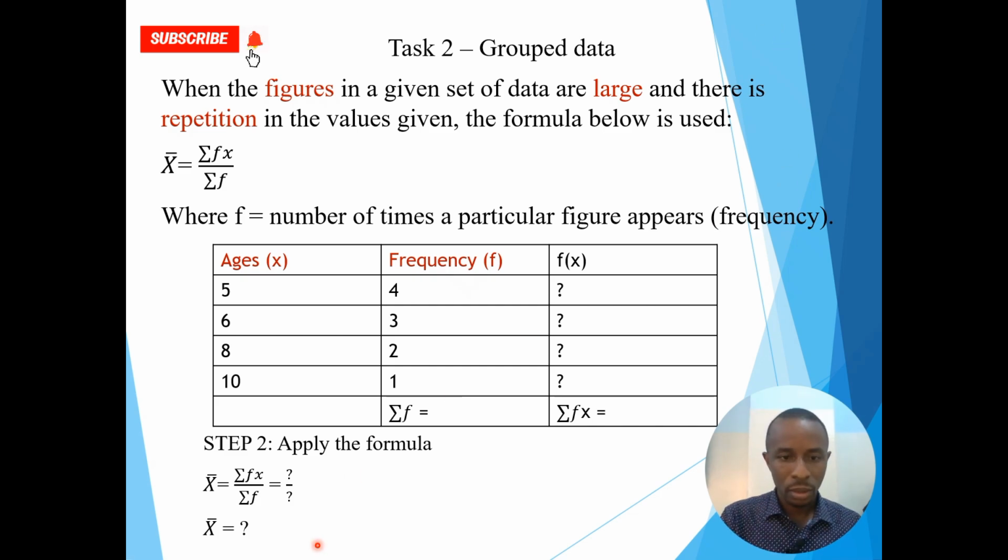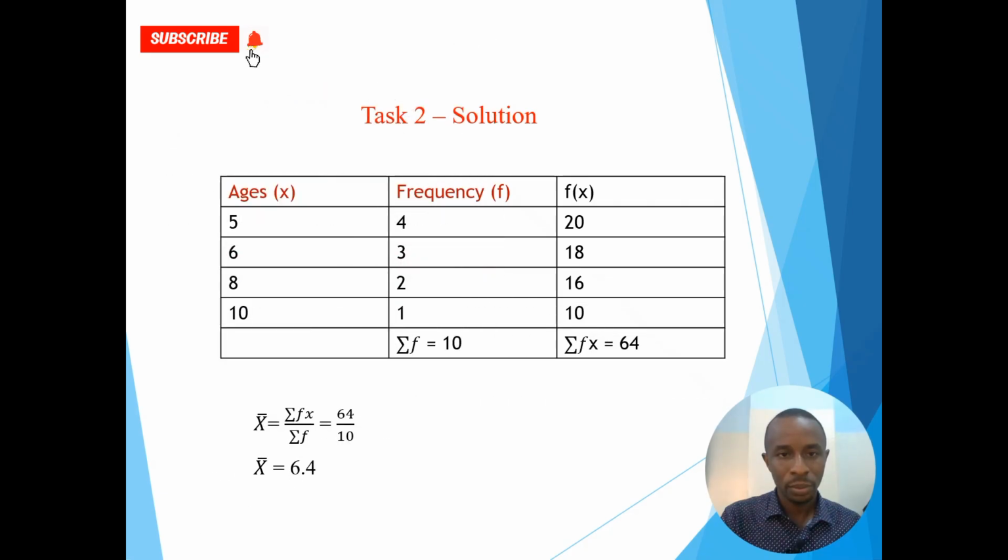All right, time up. Let's take the solution now. The solution: 5 times 4 will give us 20, 6 times 3, 18, 8 times 2, 16, 10 times 1, 10. So when you add this together, 20 plus 18, 38, 38 plus 16, 54, 54 plus 10 will give